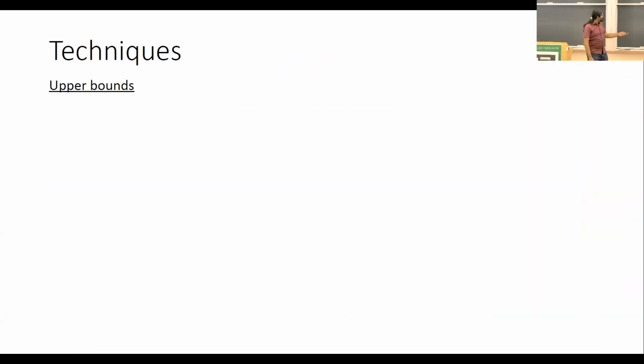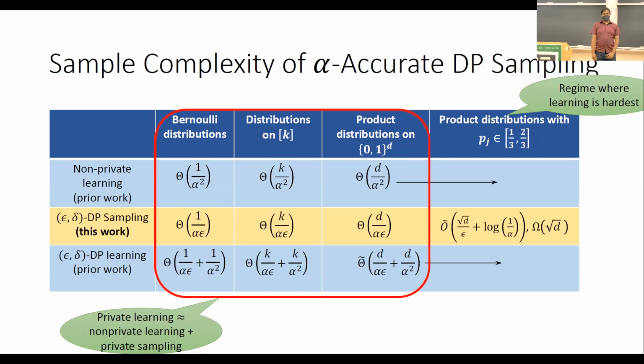Does anybody have any questions about these results before I give you a high-level overview of our techniques? Hassan, yes. Because you'd have to produce lots of samples, so you'd have to independently do this over and over again. Yes, this is just for a single sample. All of this is for a single sample. It can be extended for a constant number of samples, but once you're interested in larger numbers of samples, yeah, okay, cool.